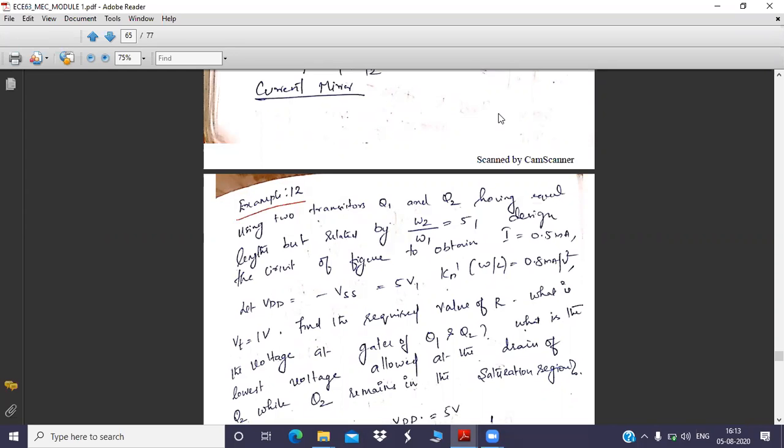So that current mirror circuit will act perfectly only if the aspect ratios are the same. That is the important aspect. If the aspect ratio W by L of Q2 and W by L of Q1 are the same, that means it keeps a 1:1 ratio, isn't it? Whenever you can satisfy a 1:1 ratio, then only IRF will become I. Once you can satisfy IRF equal to I, your biasing circuit will be okay. It's fine tuned now. Irrespective of any variations with respect to supply, load, or whatever external factors have changed, you are going to maintain a constant current flow through the MOSFET device. So that is the intention behind this biasing technique.